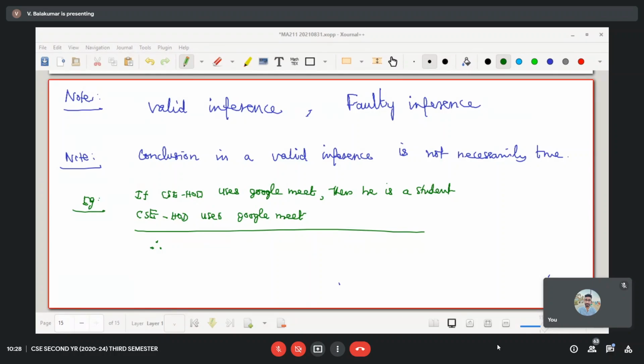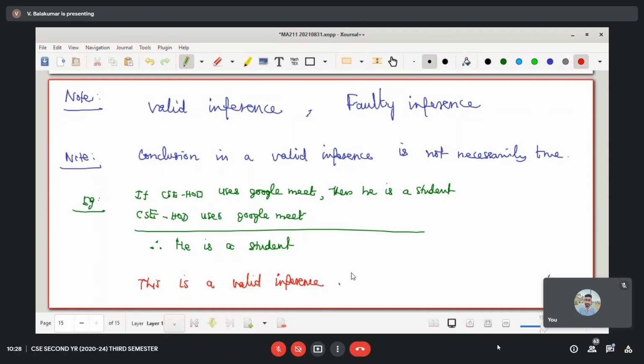So let me write it down first. He is a student. This is a valid inference. We are happy about it. Okay.